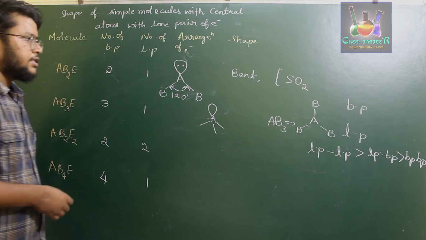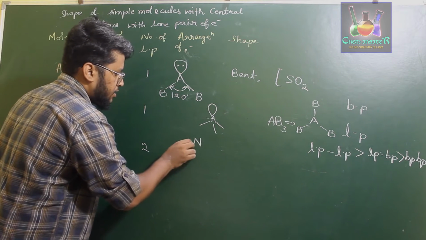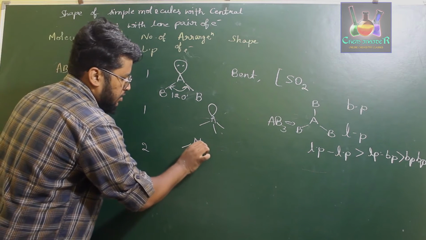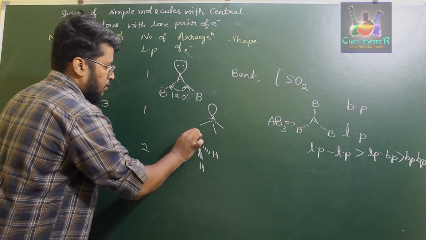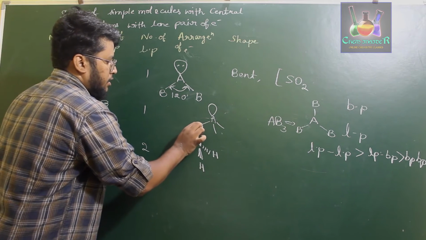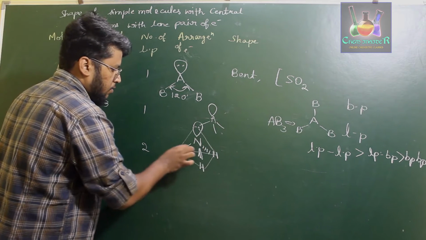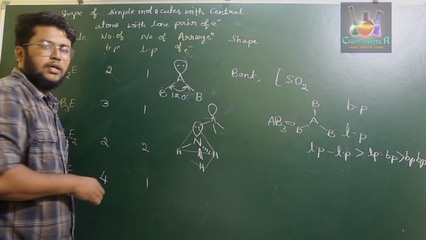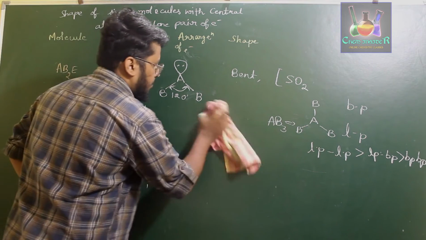Okay. A particular example for this compound is ammonia, where ammonia has 3 hydrogens present in this kind of geometry with the lone pair of electrons at this particular position. If you just join these 3 points, it is nothing but a trigonal based pyramid. Usually pyramids have 4 bases. Now this will be a trigonal based pyramid. Okay. The shape of this particular molecule is trigonal pyramid.